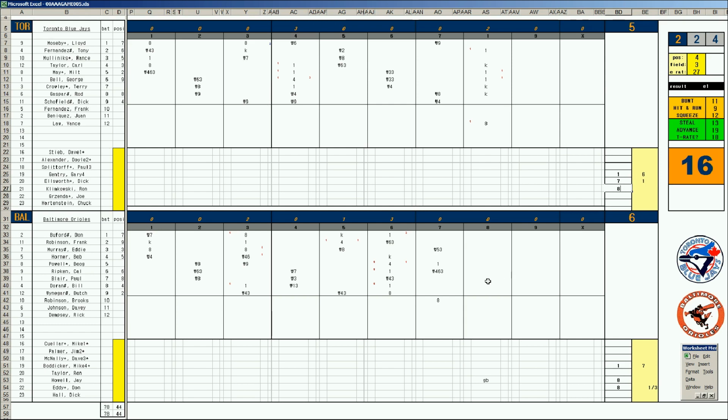Okay. Paul Blair. 1-5 is a roller to short. Duran. 3-10 skies to right. Winiger. 3-6 is a bouncer to short. We're in the 9th inning. It's a 1-run game. All the Oriole defense is playing. You got Schofield to lead it off. 57 is a K.